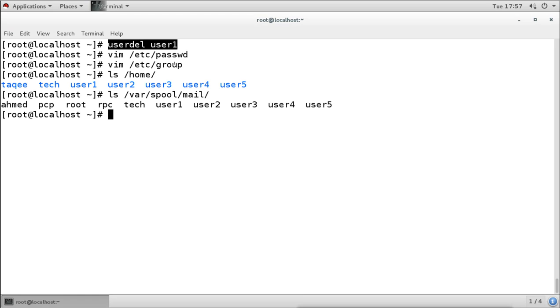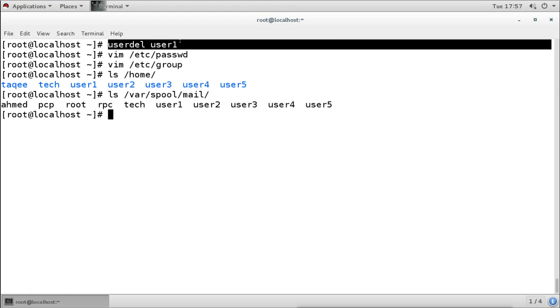That means if the primary group of this user has any member, whether primary or secondary, then it cannot be deleted. So it will not be deleted when we delete the user account. So only user information will be deleted. Now if the user's primary group does not contain any members, then it will remove the user group also.